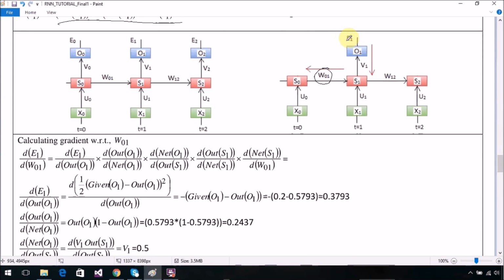Because the error propagation path of E1 contains V1 and W01. So to calculate the partial derivative of E1 with respect to W01, we will apply the same strategy that we used for the information flow: out O1, net O1, out S1, net S1. So the information will flow like that